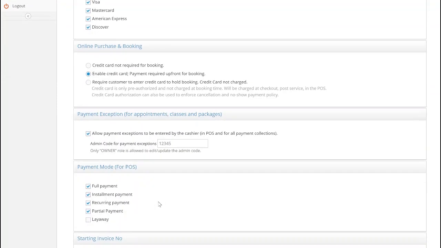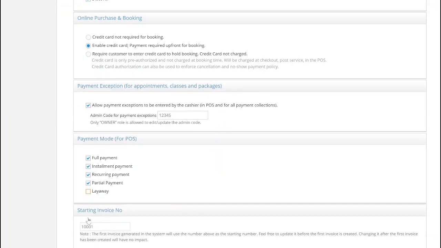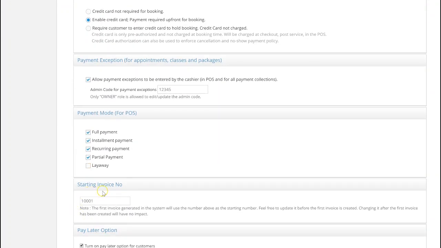In the Payment Mode box, you can choose whether you want to allow customers to pay in full, installment, recurring, partial, or layaway payments. The next section, called Starting Invoice Number, allows you to edit what the first invoice will be titled. The invoices following the first will appear in numerical order. If you choose to edit this number after it already has been initiated, there will be no impact on the